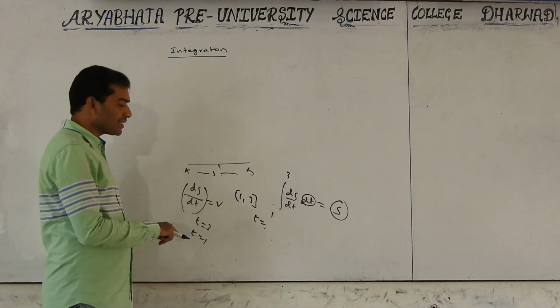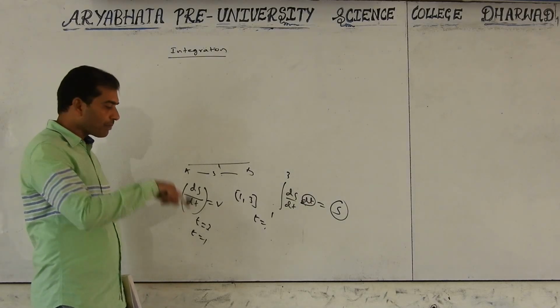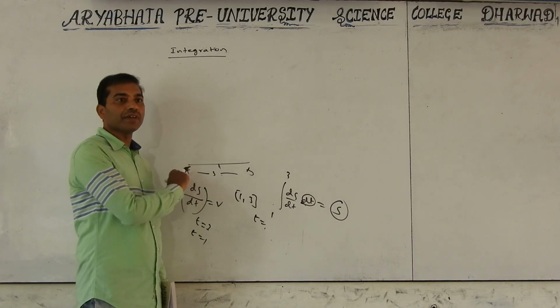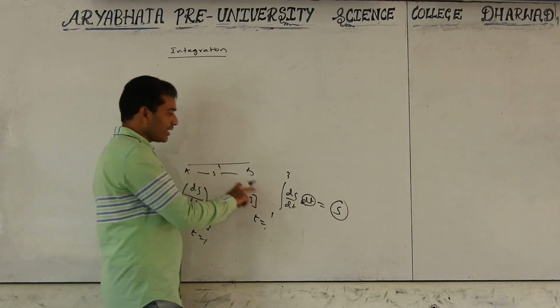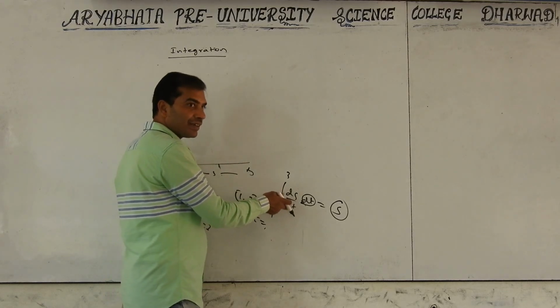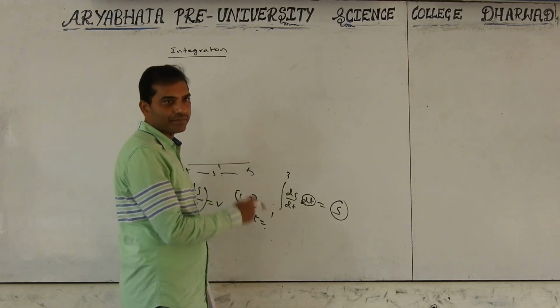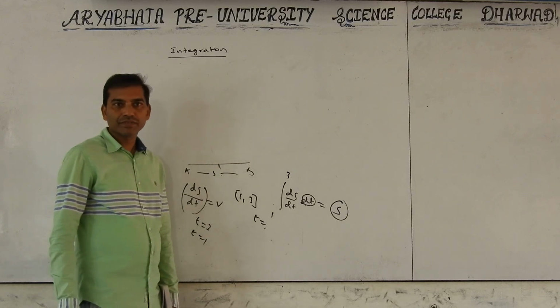Okay. From differentiation, what will we get? At what point, what is the velocity, we come to know that. From integration, reverse. Here velocity we will get, and here you will get distance by giving the time. That is the difference. Are you following?